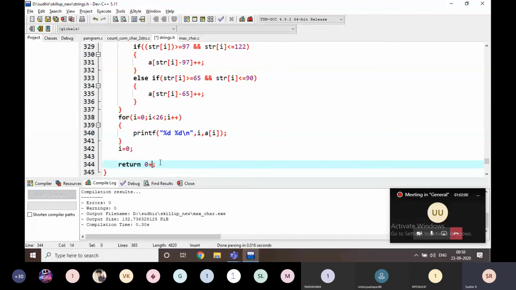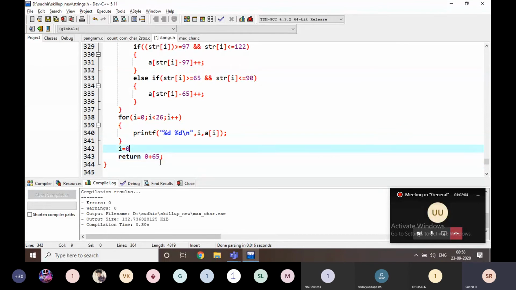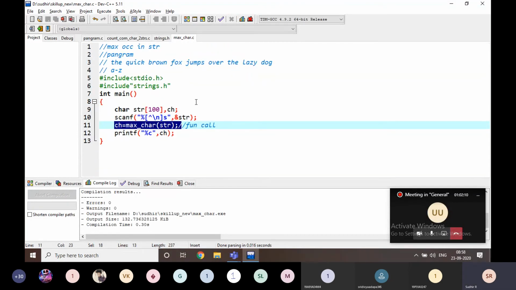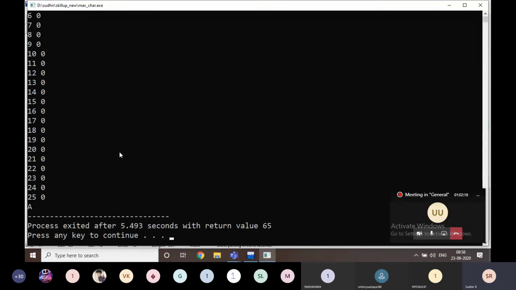I am going to return 0 plus 65. I am executing here some AAA and CCC, like this. Just observe here, 0 plus 65, that is going to be A here.